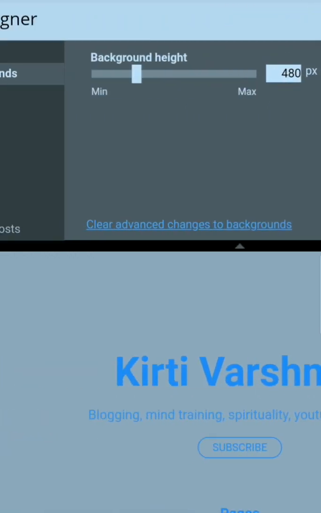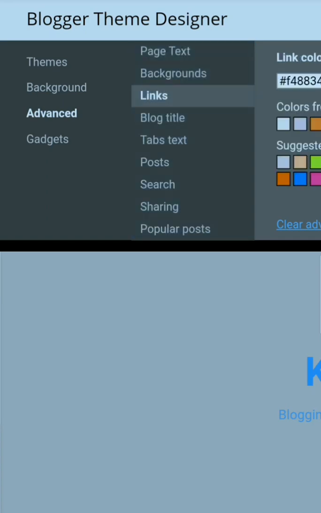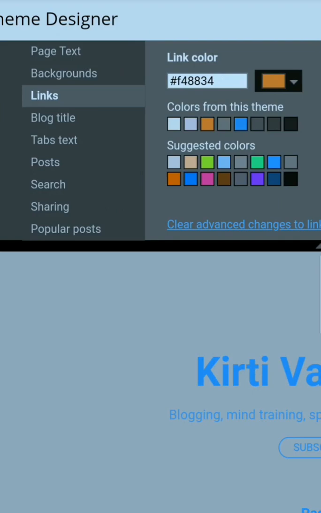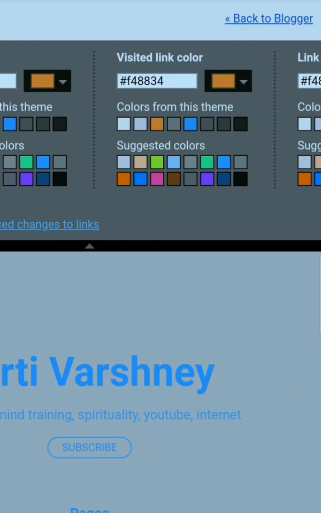After background there is links, so whatever links you make in your blog, like external and internal, there are settings for these links. So link color, whatever you want to choose, but I have already set it to orange color. If you want any color you can choose, but simply set a user friendly color, whatever the audience likes. Audience doesn't like bright colors, so don't choose blue, pink, red.